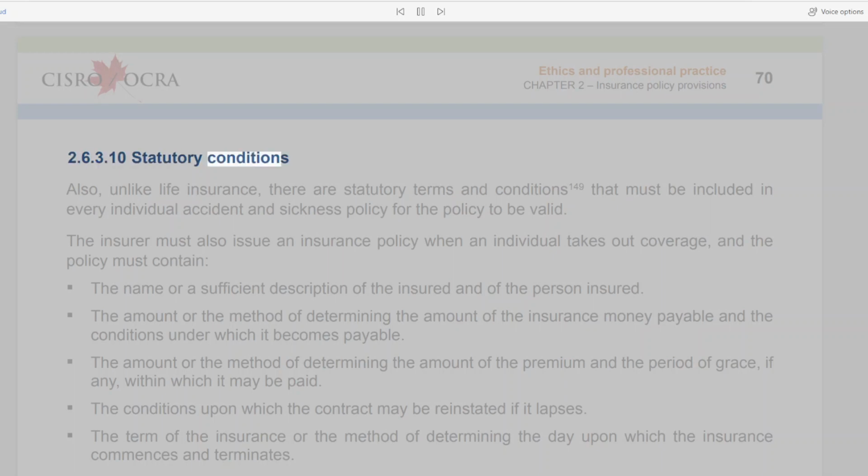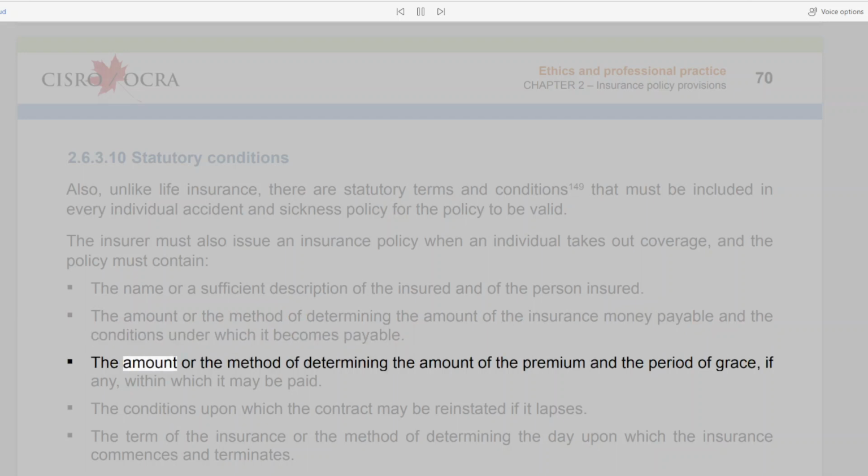2.6.3.10 Statutory conditions. Also, unlike life insurance, there are statutory terms and conditions 149 that must be included in every individual accident and sickness policy for the policy to be valid. The insurer must also issue an insurance policy when an individual takes out coverage, and the policy must contain: the name or a sufficient description of the insured and of the person insured; the amount or the method of determining the amount of the insurance money payable and the conditions under which it becomes payable;